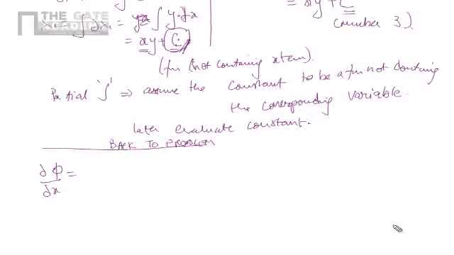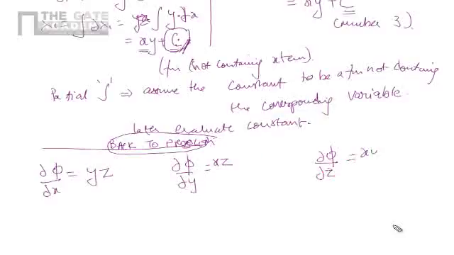We found that ∂φ/∂x is nothing but yz, ∂φ/∂y is nothing but xz, ∂φ/∂z is nothing but xy. Now when we integrate this, φ is nothing but the integral of ∂φ, that is the integral of yz ∂x, which is nothing but xyz plus,